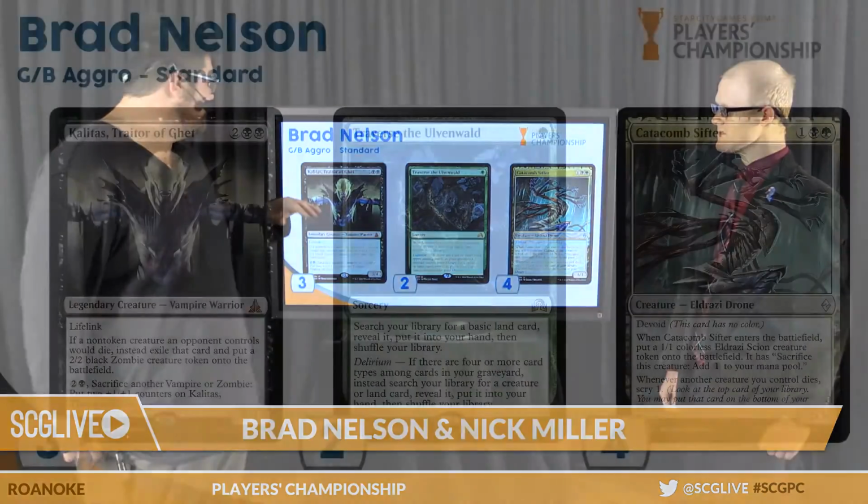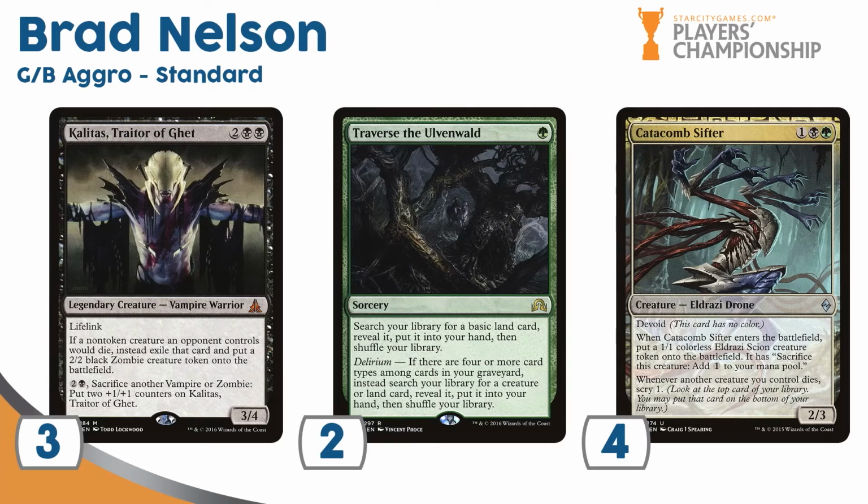We're going to see Kalitas, the real all-star of the deck. You say you want to play it on 5, so you can protect it and do your things with it. And then Catacomb Sifter here is the other card that really allows you to churn through your deck. Yeah, so we thought about playing Mind Rack Demon like Snook did, but the problem with Mind Rack Demon is